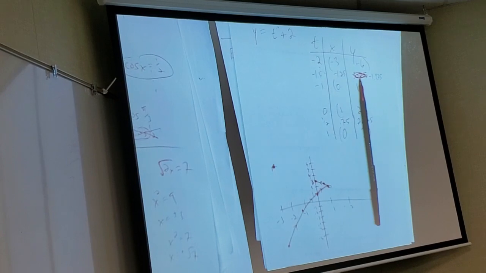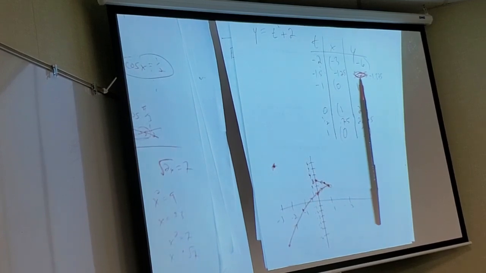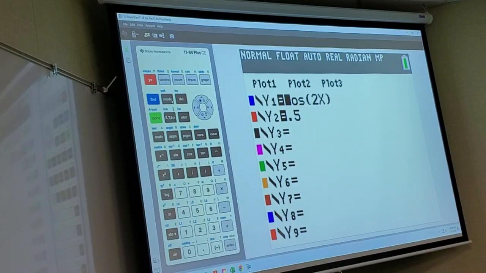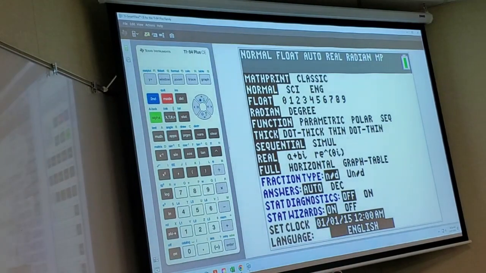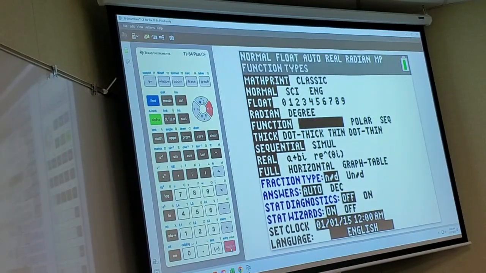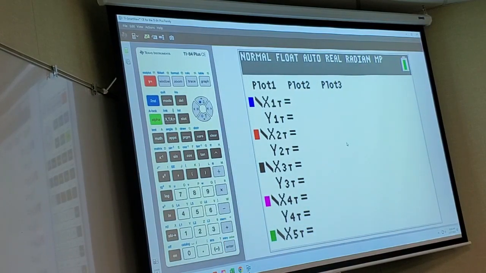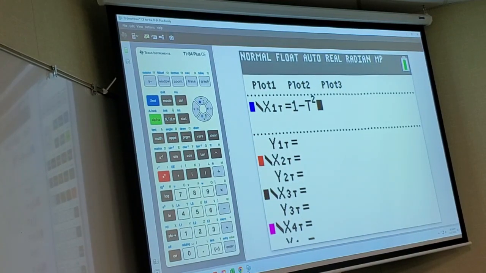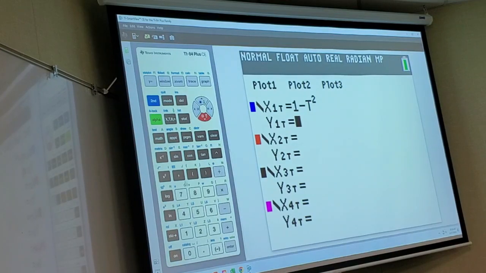Okay. Let me show you a couple things that will make you instantly more okay with this. So let's try to plug this in. Right now I'm in rectangular, what the calculator calls function. You see how I can make it parametric? Bam. So now when I hit y equals, I'm going to get x and y. X was 1 minus t squared, that was our x, correct? Y was t cubed